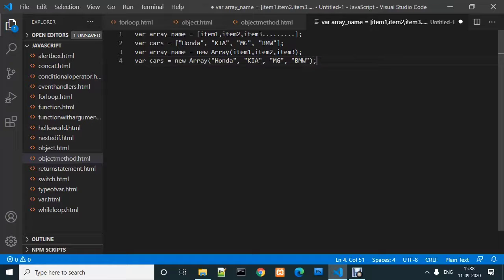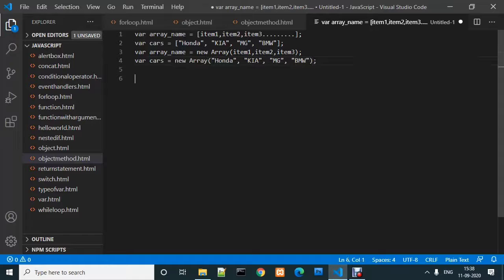Now how can we access these arrays? You can access these arrays by referring to the index number. What is the index number? The index number is a number given by the cars array; all the values are stored at some indexes.